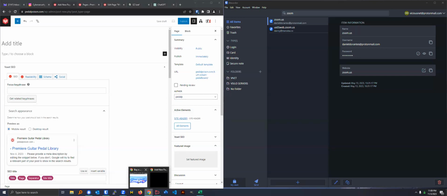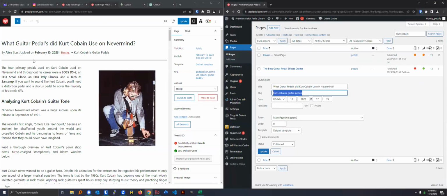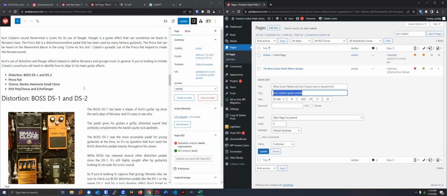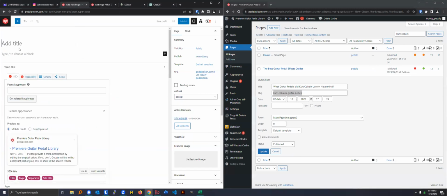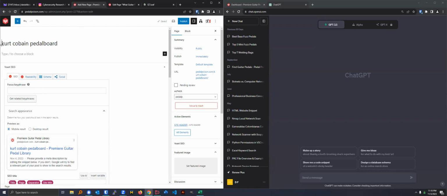Apologies. We should go back over here. This is good. We do not need this anymore, but we may need to reference it again, so we will keep it open. But the first thing that you should do besides that is add it to the title. So, Kurt Cobain pedal board, what we can do,